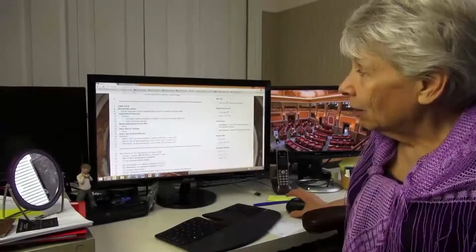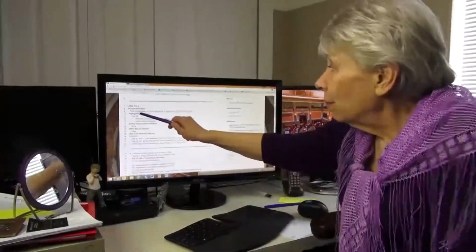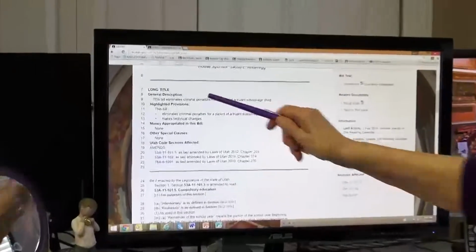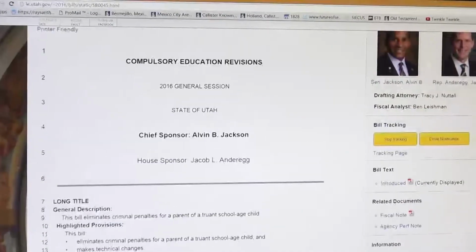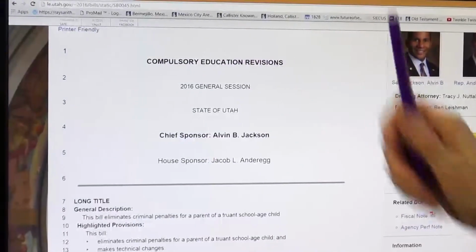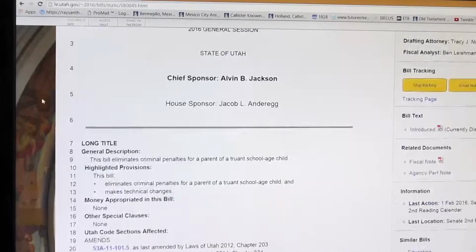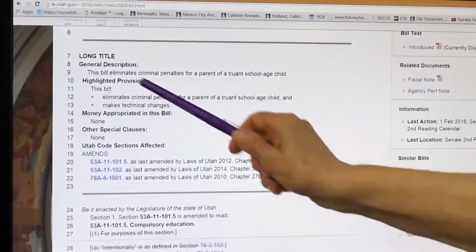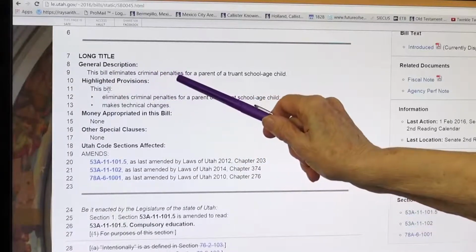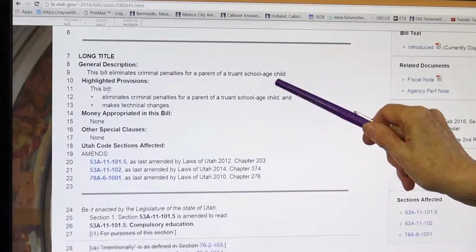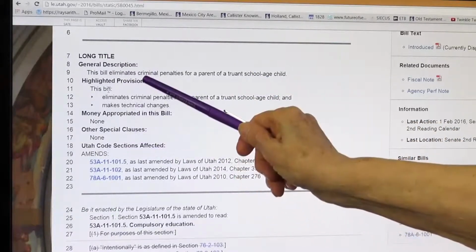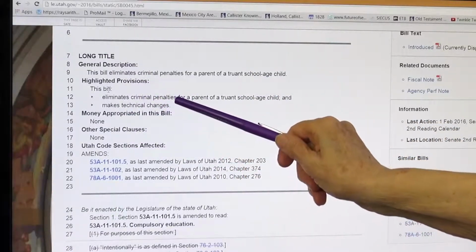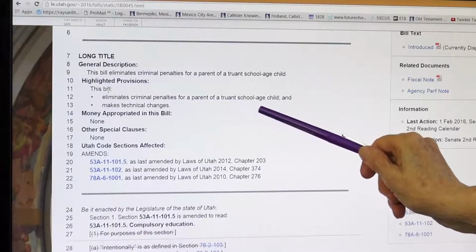And this is the long title here. The bill eliminates criminal penalties. Did I read you the title of the bill? Let me go back and do that real fast. It's called Compulsory Education Revisions. Okay, that's pretty general. And so then they have a long title. This bill eliminates criminal penalties for a parent of a truant school-age child. And the highlights of the bill are that it eliminates criminal penalties for a parent of a truant school-age child,